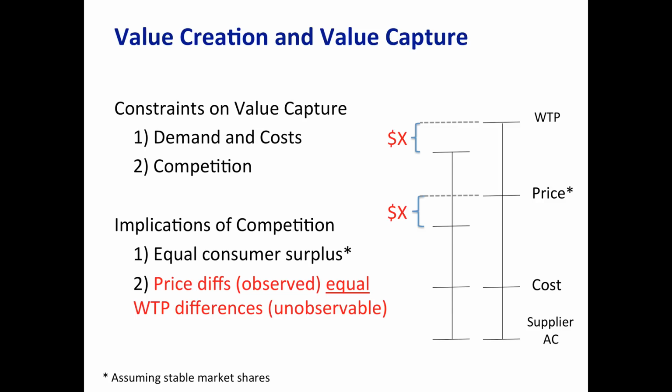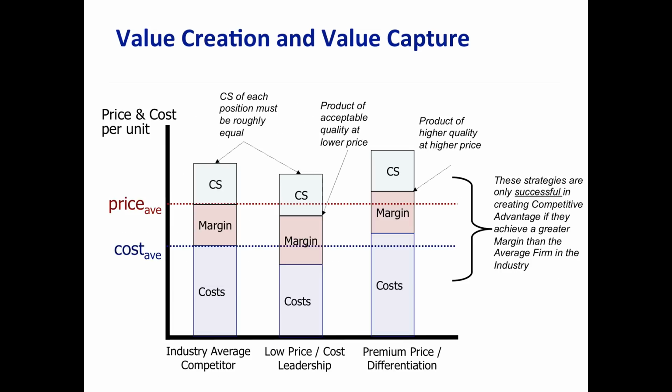Okay, so now that we know what the two constraints on value capture imposed by competition are, and we know some of the implications of competition for thinking about value creation and value capture, how can we use this information? Well, one way is when we start to look at firms that are positioned differently. We say some of these firms are average. They charge about the average price and have the average costs. Others are low-cost competitors, or premium competitors or differentiators. We actually can make those inferences the way I just described on the last slide